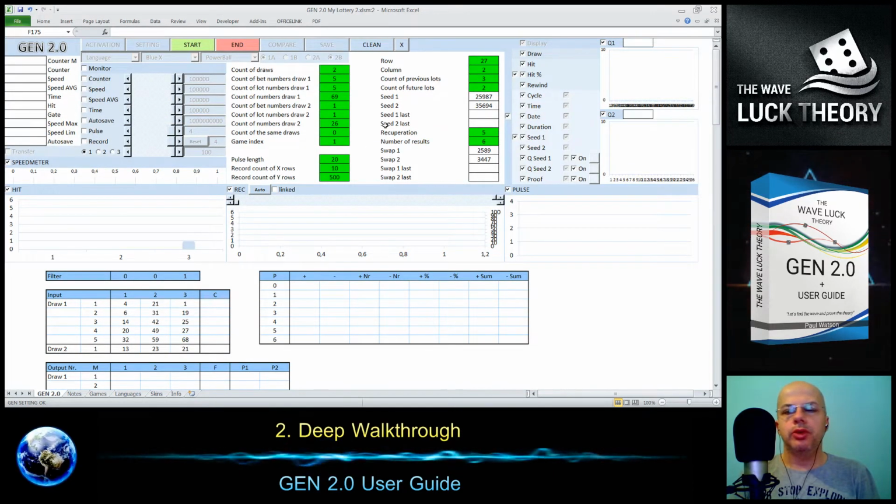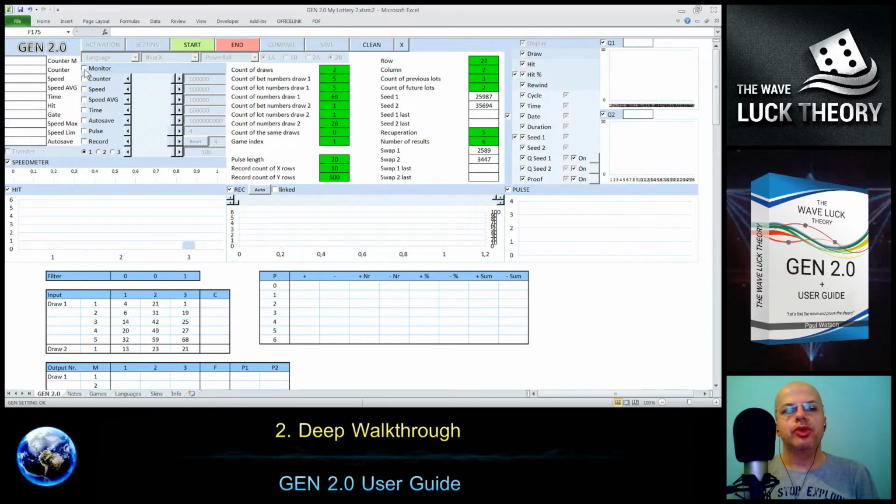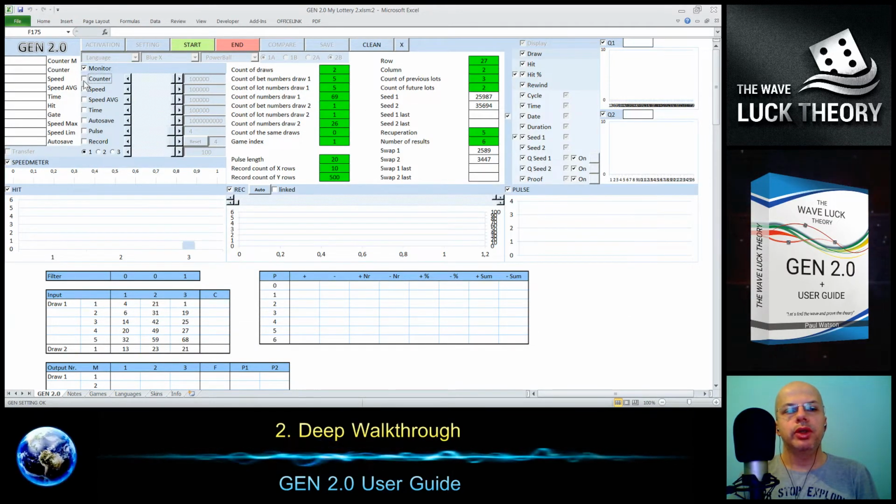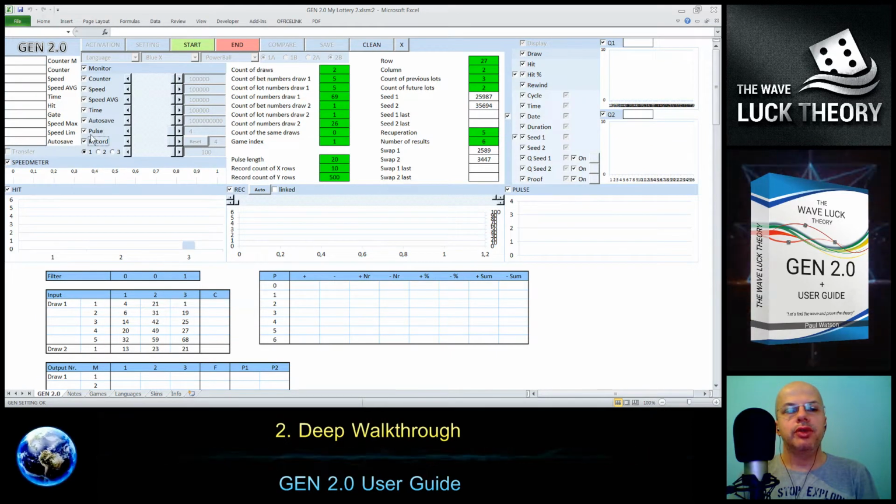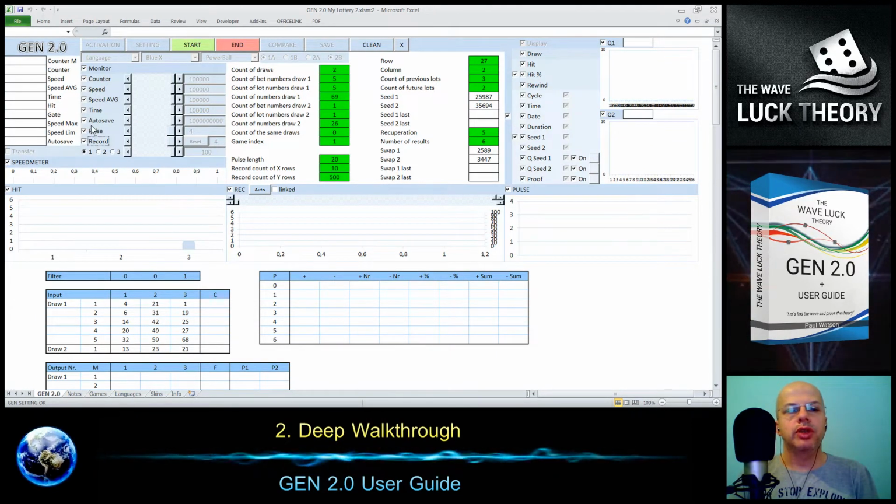So we have the interface, we finished the secondary settings, and we are ready to launch the generation. Before I do it, I switched on the monitor, and this monitoring activates the pulse and record function as well.